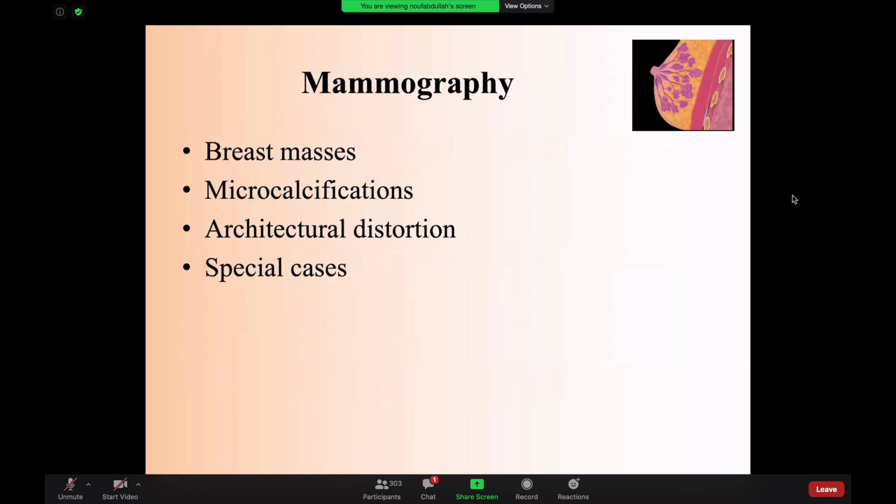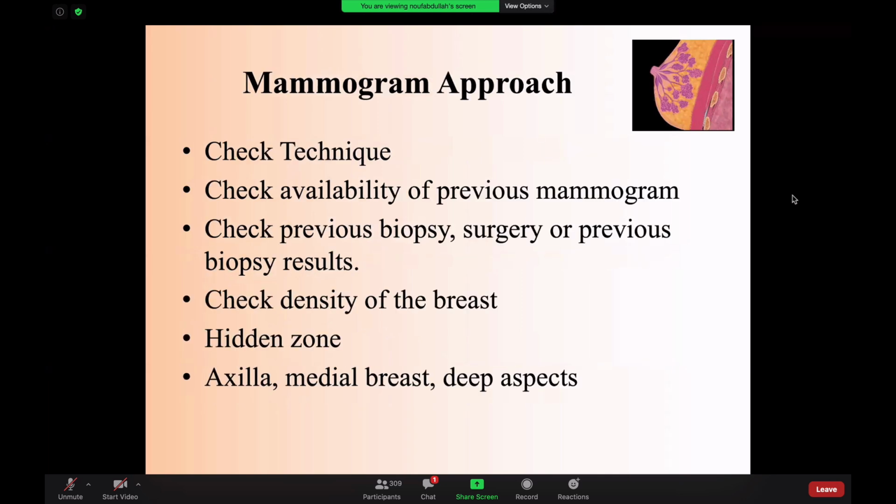Okay, moving into mammography. So as we said, BI-RADS has its own lexicon for mammography, for ultrasound, and MRI. And for mammography, these are the 4 most important categories that you need to know. So in cases of the exam, if you go to the exam and you have breast imaging cases, definitely either you will be facing a breast mass or a microcalcification or architectural distortion, or you might face one of these special cases. So you have to know how to describe these findings. So we will start with these findings in details.